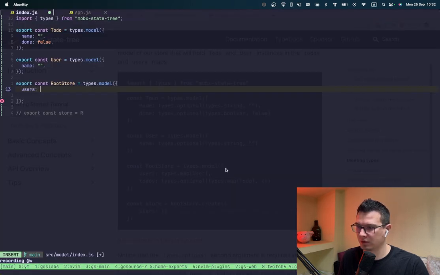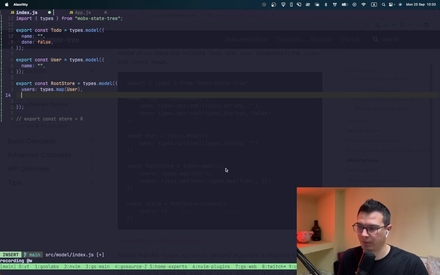So users is types map user. To-dos types optional, types map to do, and the map is presented by empty object. Okay,